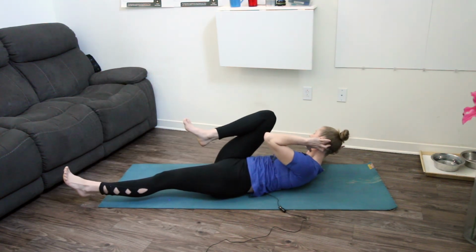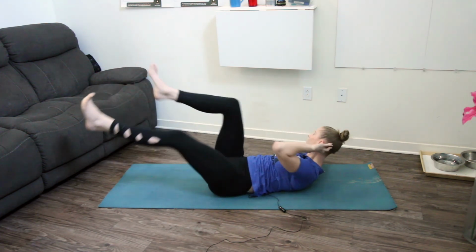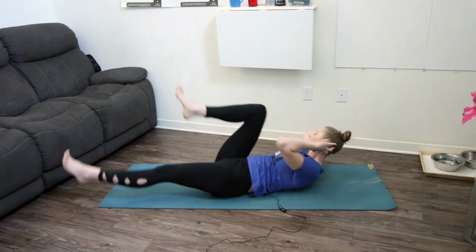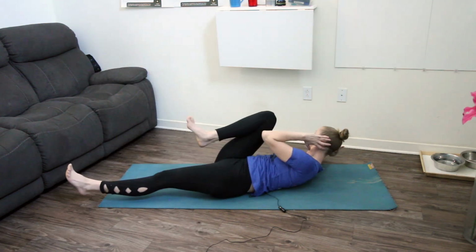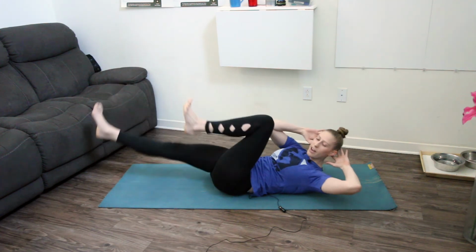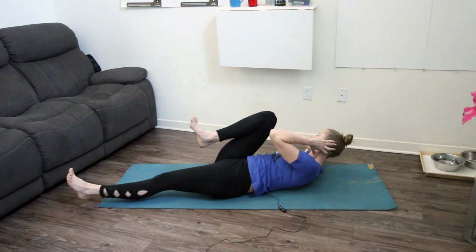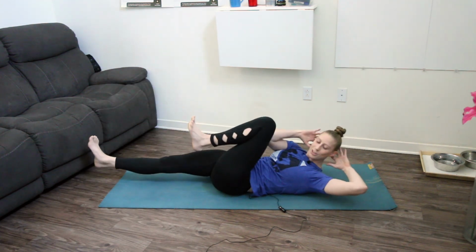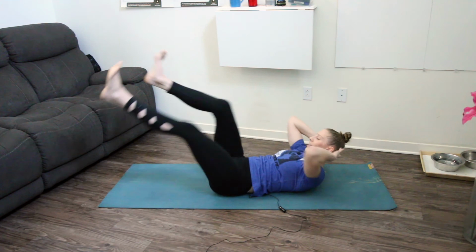7, 8. Nice quality of movement. 9, 10. Our last half here. We've got 10, 9, 8. Try to be nice and aligned with your legs, sending them straight out and straight in for our last